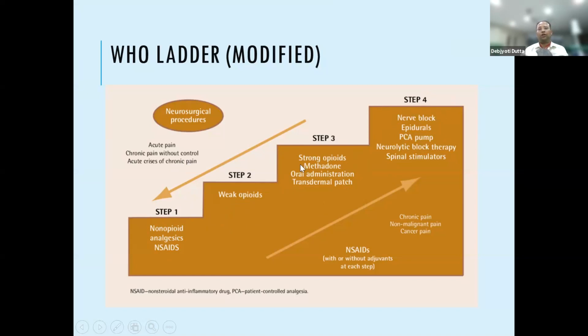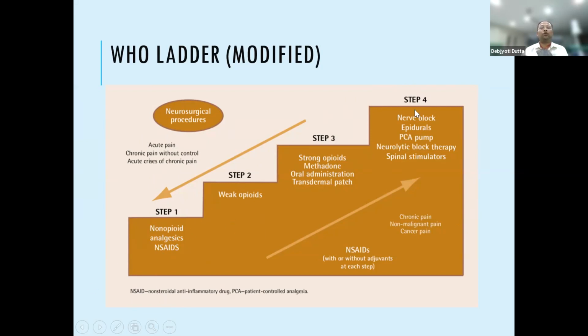These are step 4. So if a patient has come to you with acute pain, you will see how severe the patient's pain is, and if it is an acute pain, you can start with an up-to-down approach. Like first you will give the nerve block, epidural, everything, so that pain goes down immediately. There is no point experimenting from down to up, whether it works or not, then we give this, nothing like that. If it is a chronic malignant pain, then